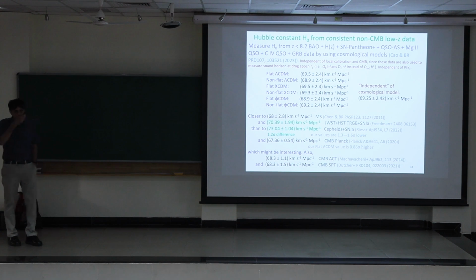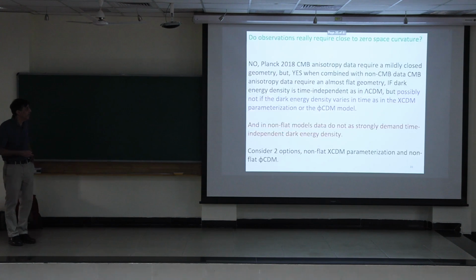So we're coming in a little bit higher than Planck and a little bit lower than the Cepheids. And we completely agree with the tip of the red giant branch. And it might also be relevant that these two other groups for the small-scale CMB, ACT and SPT, also come in around 68. So that's my view of the Hubble constant.